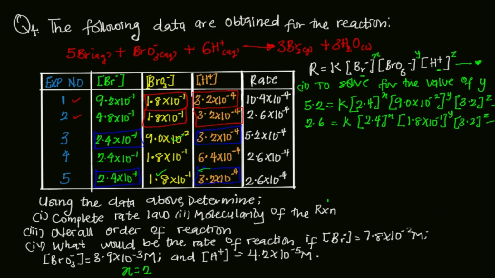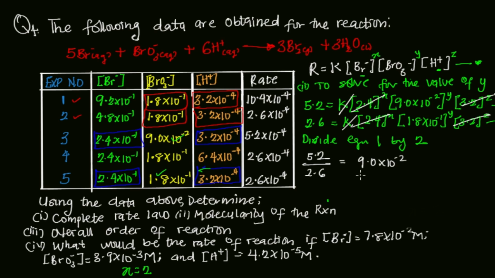I'm going to have raised to the power of z. So that's equation 2. Now the higher value here is actually equation 1, so I can divide equation 1 by 2. Dividing equation 1 by 2, in this scenario our rate constant remains the same and is going to cancel out. The value of this is going to cancel out, then that of this will cancel out as well. So I'll be left with 5.2 divided by 2.6, which equals, here we are going to have 9.0 times 10